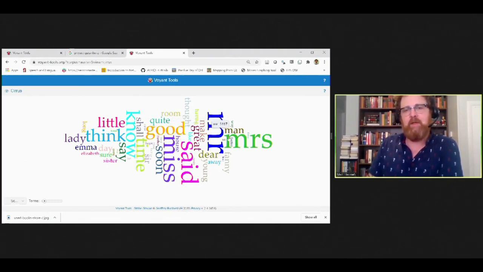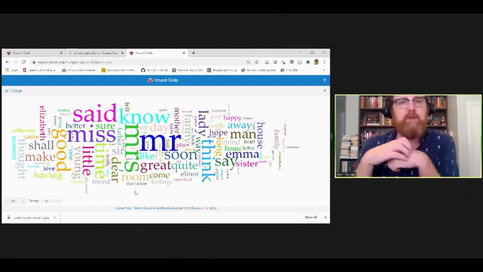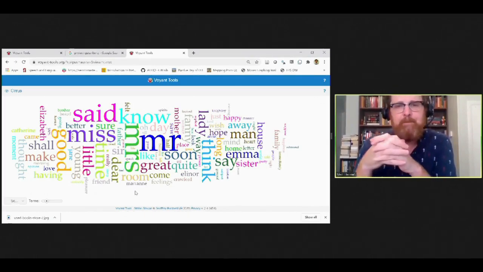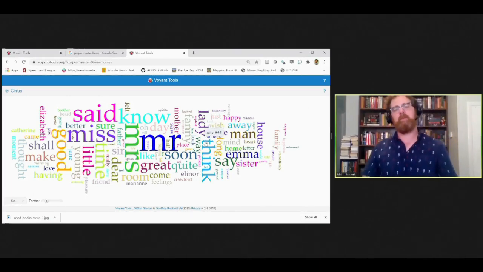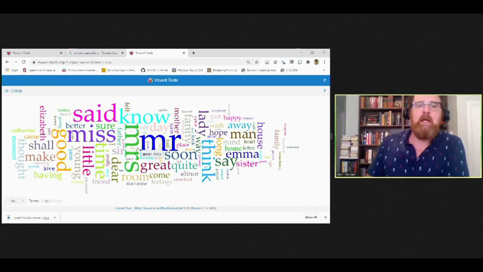And if I hover on each one of these, I can see how many times that word was used across all of the novels. And so it's a really cool resource for quickly seeing what are the major topics within my data set or my corpus. And again, I guess it's not surprising given it's Jane Austen, but look at how many of these words are related to titles and nobility. And so we think of things like Sir, Mr. All of these are titles. Lady, thinking about how Jane Austen's novels are often about polite society in Great Britain. And so we begin to see some of the concerns of this text